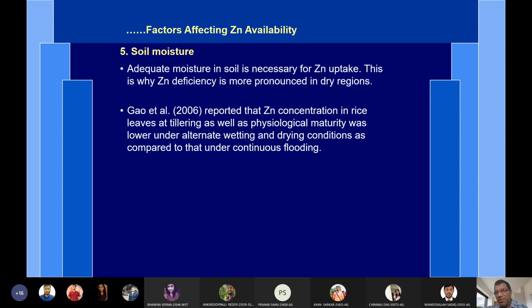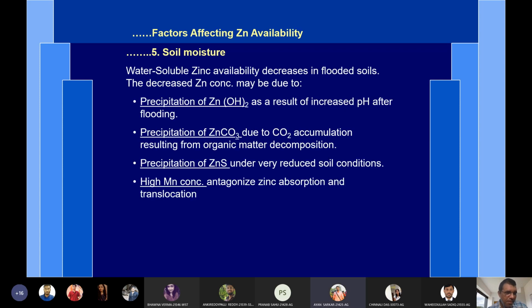And this is somewhat a note in that line. You just send me one email, and I will send you one review paper on zinc, where this topic of water and zinc availability is dealt with in much detail, so that you can gain more knowledge on this subject. Please send me a mail. Thank you very much. Okay, sir. Thank you, sir.